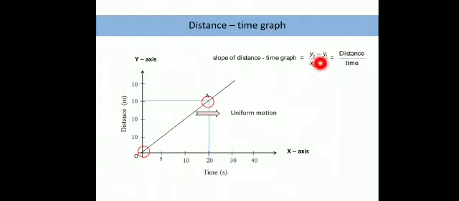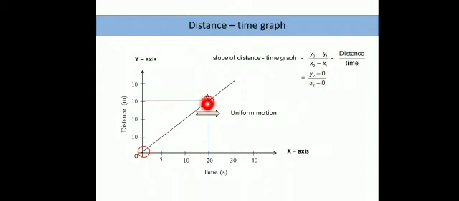Let's say the initial position of the object was point 1, where distance is 0 and time is also 0, and we also choose a second point. The second point is here, A. For the second point, y2, the second value on the y-axis, is 30. Very sorry for this, there will be some calculation error again. Then y2 minus y1 is divided by x2 minus x1. Because the initial values are 0, y1 is 0 and x1 is also 0, so it becomes y2 divided by x2.